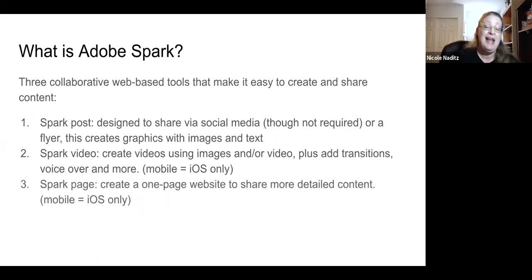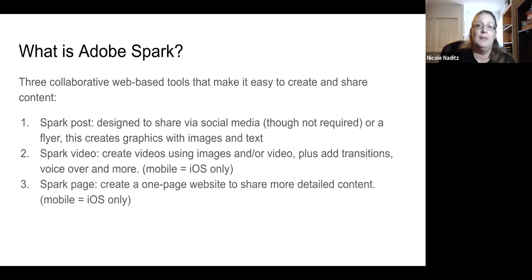And then Spark Page is something where learners are going to have the opportunity and the tools necessary to create a single page website in order to pull together everything they've learned about a topic and do a lot more expository writing, and they can include images, links to media, video. There's a few different layout options in order to make it a very attractive site. They can link to other websites, but it's a single page